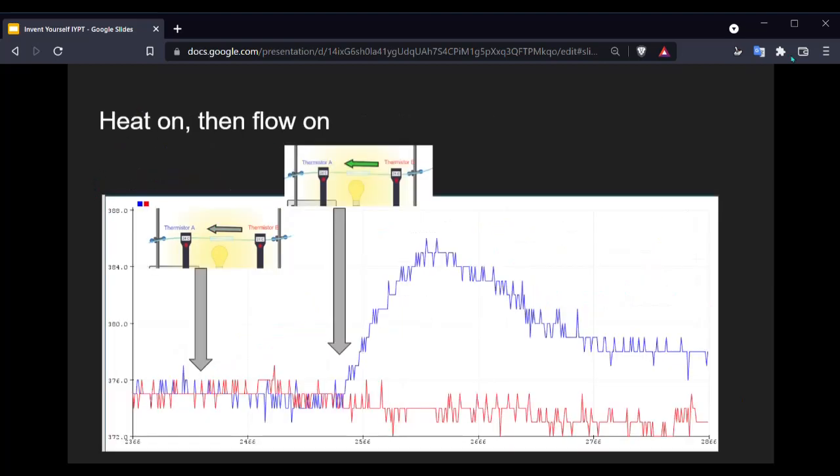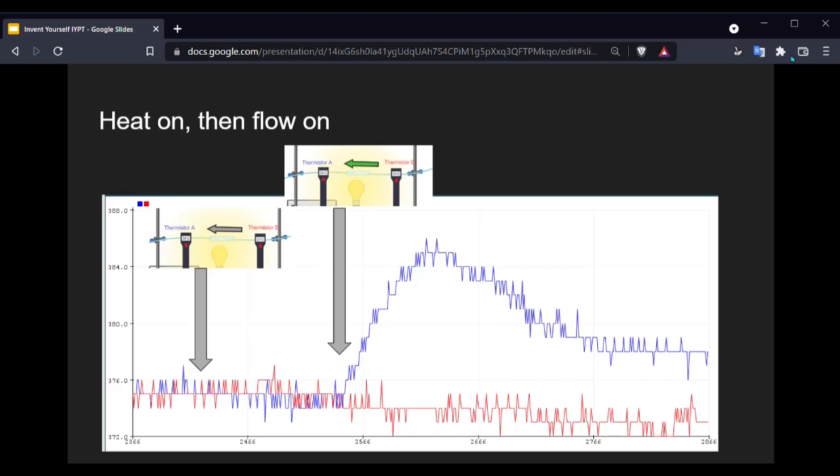For this experiment, the heat source was turned on while the flow was off. This was conducted to further confirm the effectiveness of this approach. When both the thermistors read the same voltage, meaning the same temperature, the flow was turned on, and the now heated water moved through the pipe, being picked up by thermistor A in blue. You can see the spike as the heat passes through, and you can note that after the spike of hot water, the temperature reading of thermistor A decreases a bit, but then remains at a constant temperature above that of